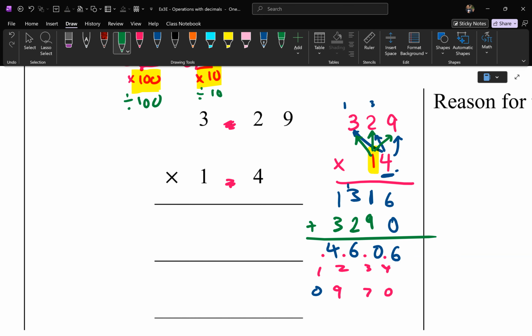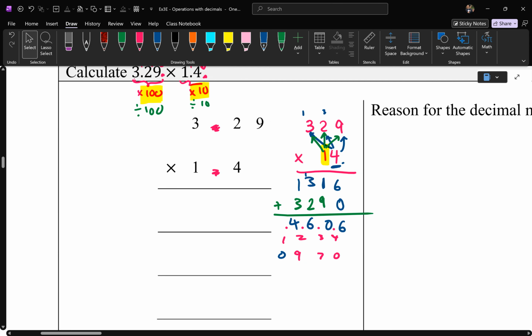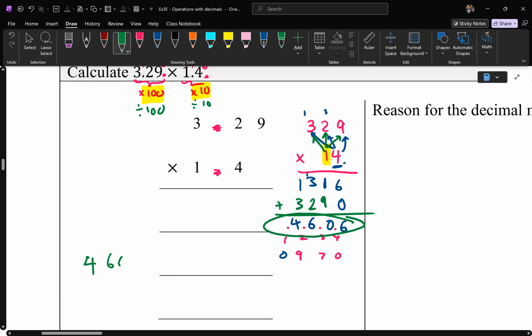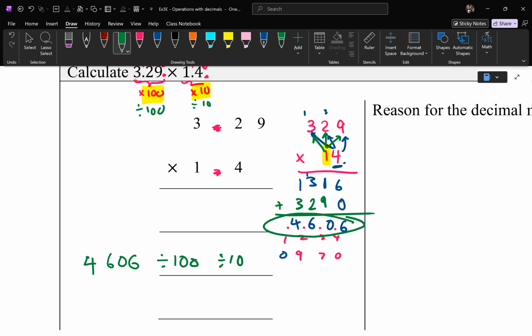Now, you guys have already learnt how to move the decimal points. Our original answer was 4,606, but I got to divide it by 100, then I got to divide it by 10 to go backwards. So how many zeros do I move backwards? 3. Because that was my whole number. I times it by 100 before, so you got to go back twice. I times by 10, so I got to go back once. So if you count it, it's 1, 2, 3. The answer is